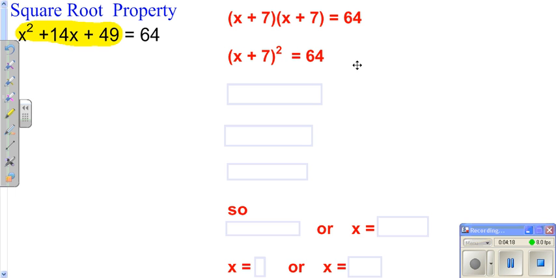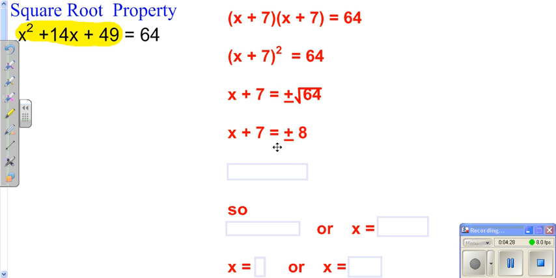Well, now it's just like what we were looking at before. To get rid of your squared, you take your square root. Square root of the right side would be plus or minus the square root of your 64, which you know is 8. Then you have to get rid of the 7, so you'd have to subtract a 7 from